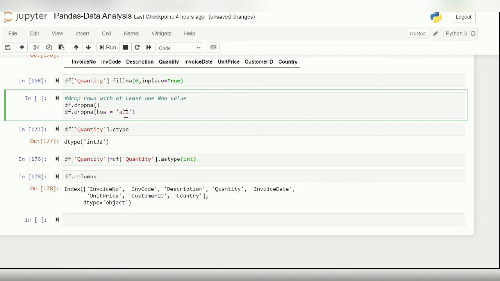I hope this has given you an idea on how to read a file and how to explore certain commands. Of course, there are more commands, and we will be exploring other ways. We will be exploring the missing value section in detail in the upcoming videos, and we'll be using commands like groupby, how to create a groupby, how to create a pivot, and so on. We will be exploring more commands in the near future.